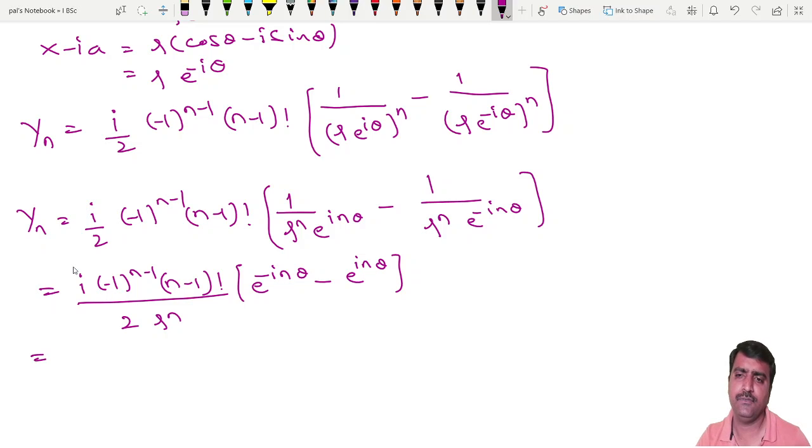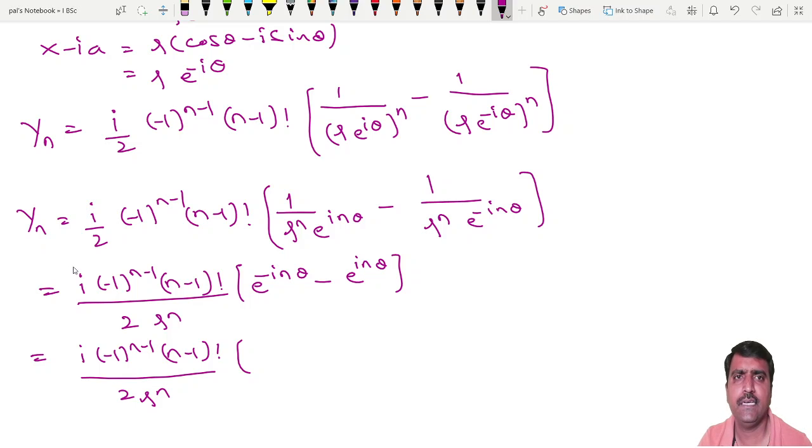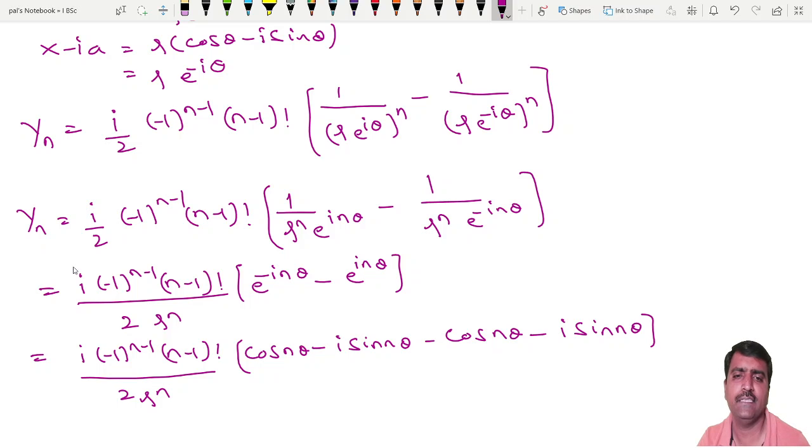So which is equal to i into (-1)^(n-1) (n-1)! divided by 2 into r to the power of n. You know that e^(iθ) is cos θ plus i sin θ. Similarly, e^(-inθ) can be written as cos nθ minus i sin nθ, and e^(inθ) is cos nθ plus i sin nθ. Actually it becomes plus, and multiplying by minus, both become minus. So now plus cos nθ cancels with minus cos nθ,